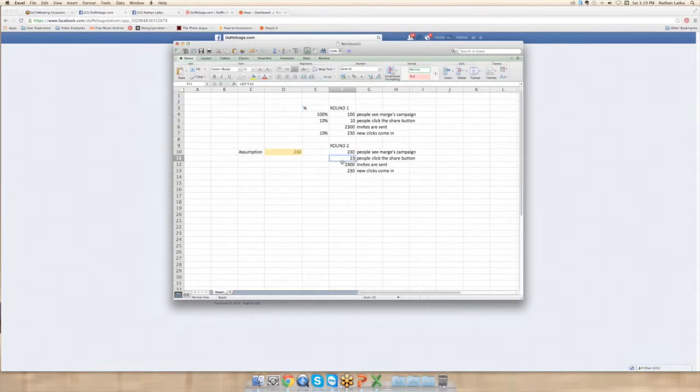This multiplication will be 23 times your 230, so 5,290. And if the ratio holds that 10% of the invites that are sent get a click through, or are quote unquote accepted, we take that number and do times 10%.